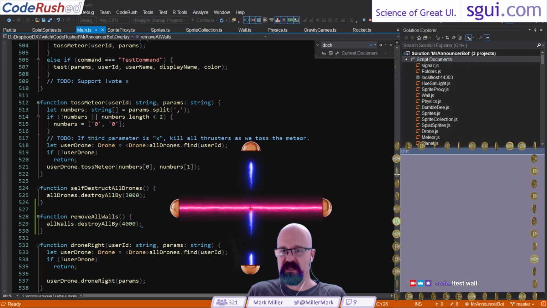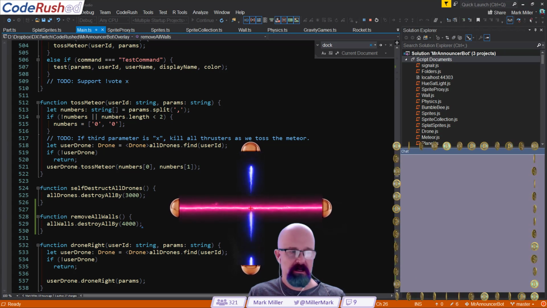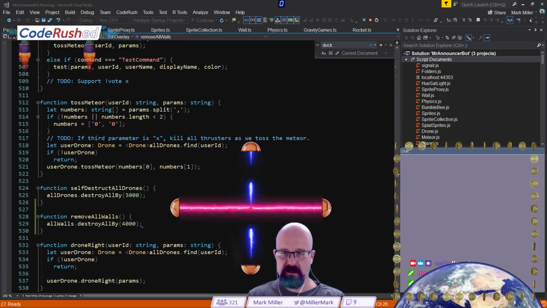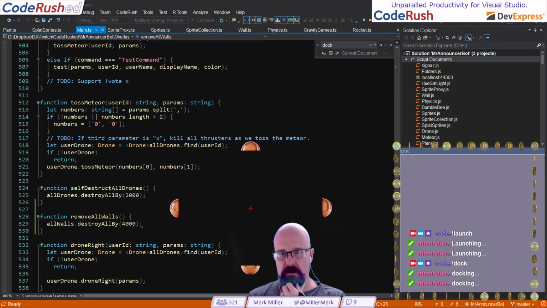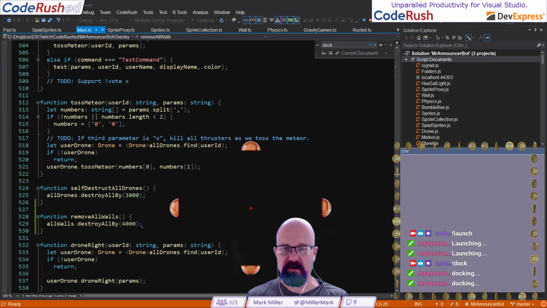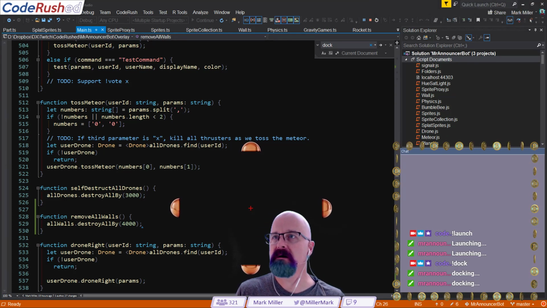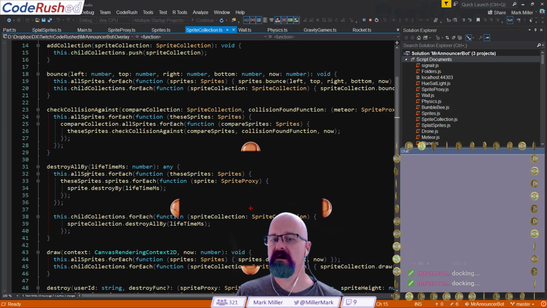It looks like I've got a mistake in the logic for vertical walls. In fact, these balls should be right over each other as they come in. Let's go ahead and do a launch followed by a dock and see if they go away. Okay, not bad, but then we've got the floating, we've got the all walls destroy all by. Let's see if we can also get these to destroy their,